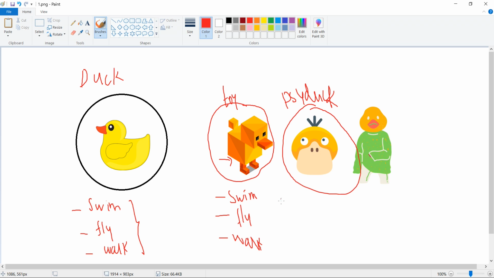This particular Pokemon can also swim, and it can also fly, and it can walk. And this thing here is a human being, disguised as a duck. He has put on a mask or helmet or something of a duck. He's in a fancy dress competition, considered in that way.